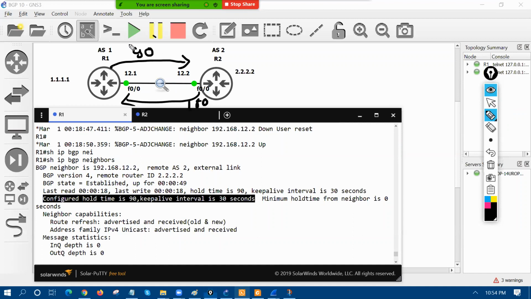Which one is the lower? 90 is the lower. So R2 is saying, hey, let's negotiate with the 90. Lower hold on time is more preferred, right? Lower hold on time is more preferred. Now the next thing is that